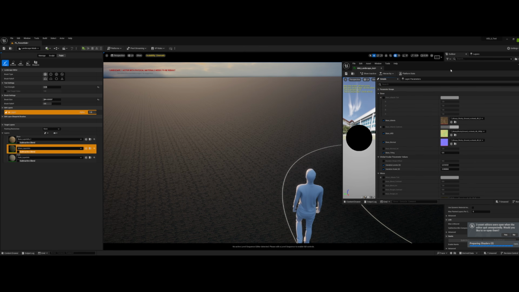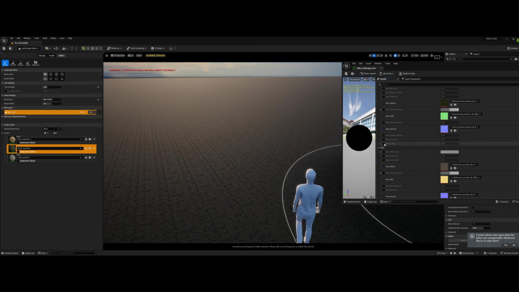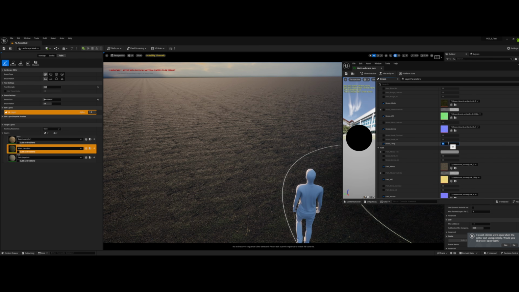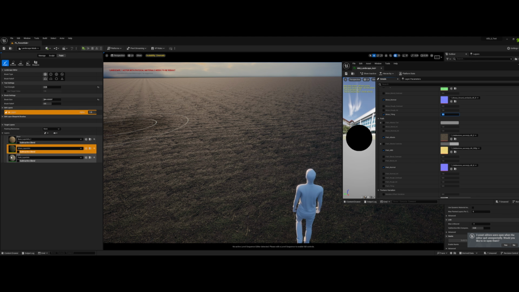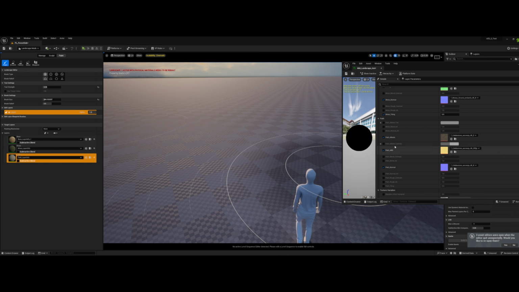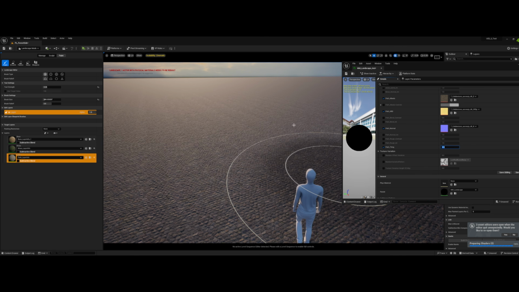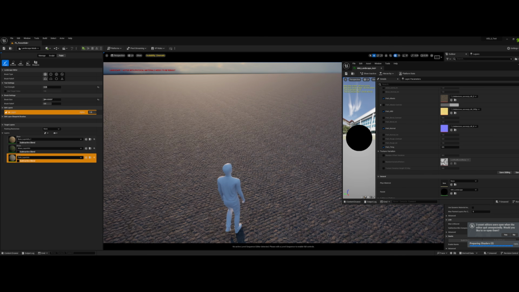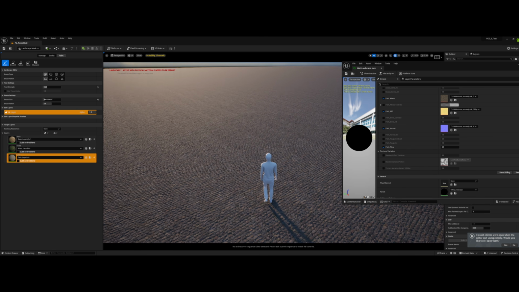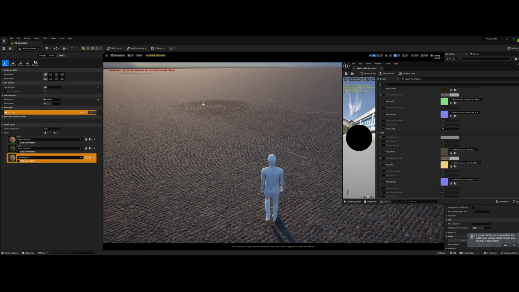So for here, I'll do the same. Set this tiling to 0.5, and then same with the cobblestone. Right click, fill layer, and set that to 0.5. Right, there we go. Awesome. Now that we got that going,